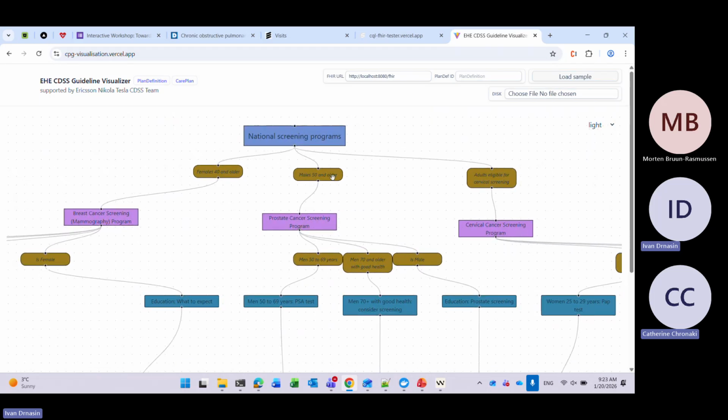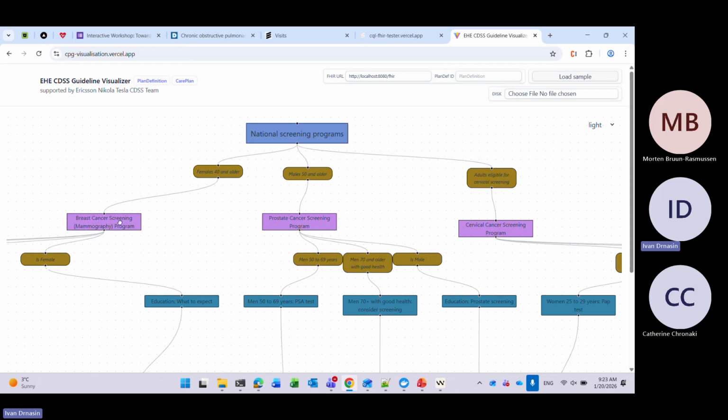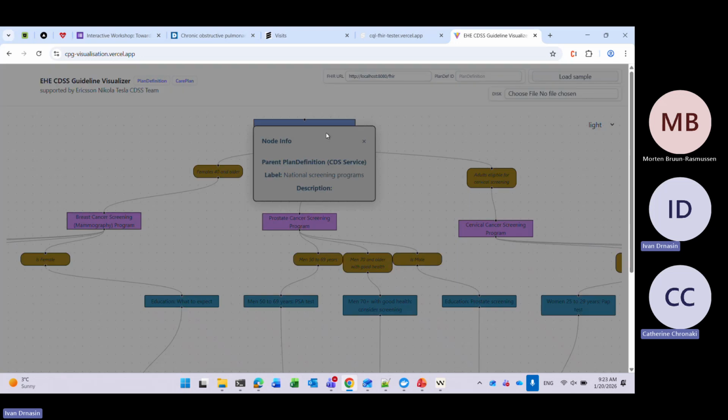So this is the structure, how we see clinical guidelines, or this is how we implement it. Basically, on top of every, and we don't call it clinical guidelines, we call it CDS services. So every CDS service, in our vision, begins with a parent plan definition.